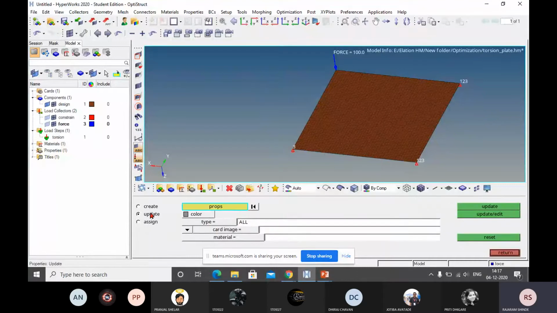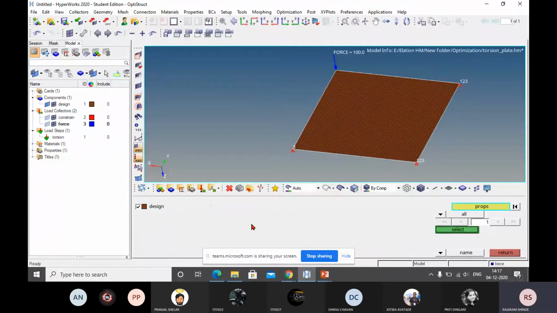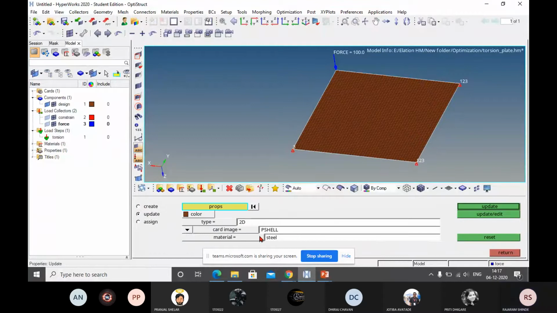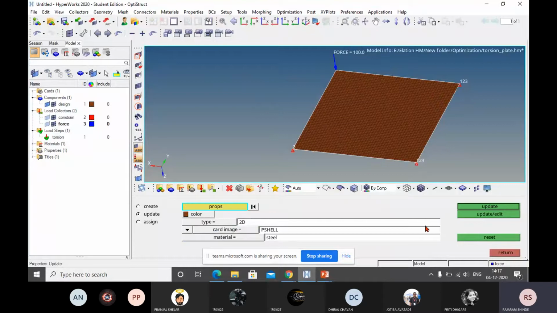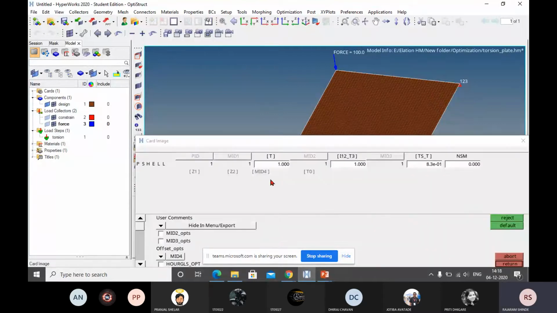Here I will click on update, select design, select here 2D card image and P shell material is steel. Sorry, click on update edit. I have to select the properties. Select 2D P shell steel. Click on update edit. Now you see here thickness is 1 millimeter.